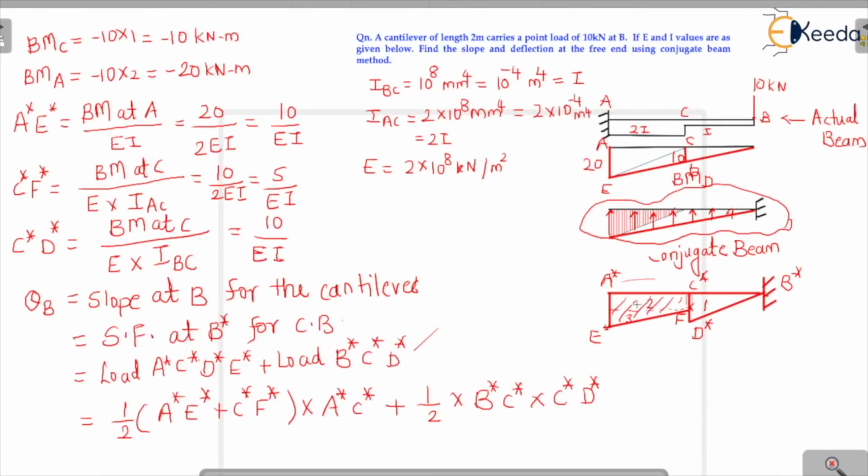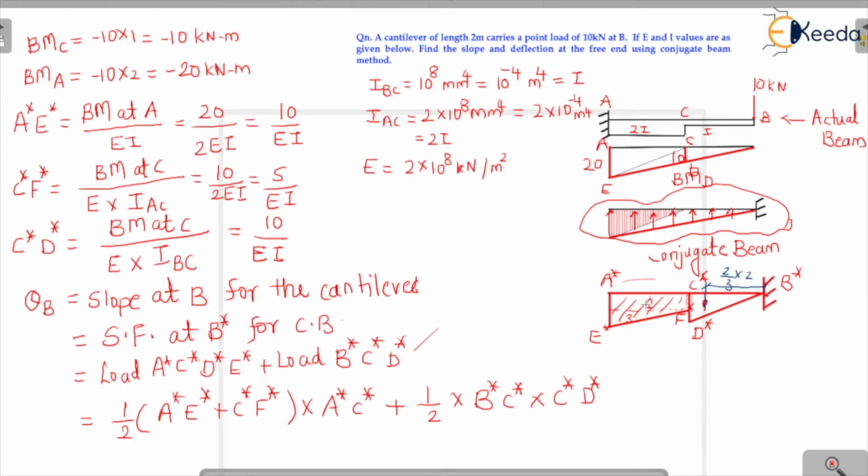So we have to consider three areas as I said before, because considering the CG will be difficult otherwise. For this particular triangle, we want the area of the triangle and the CG distance. I'm marking the CG distance for each one of them. This will be the CG distance. It will be 2/3 of this particular length. So how much is that length? That is 2 meter.